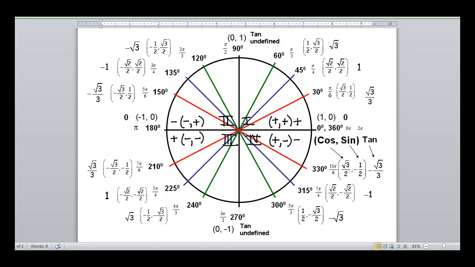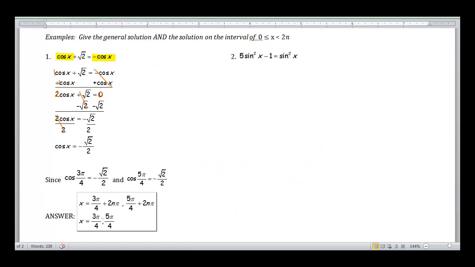angles. So sure enough, at 135 degrees, or in radians, 3 pi over 4, cosine is negative root 2 over 2. And at the 45-degree reference angle in quadrant 3, if I look at 225 degrees, or 5 pi over 4 radians, cosine is again negative root 2 over 2. So what that means is that x would be an answer of 3 pi over 4 or 5 pi over 4 if I'm on the interval